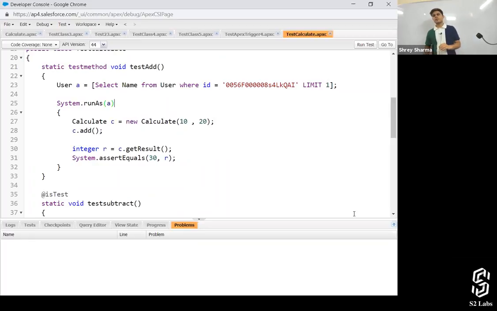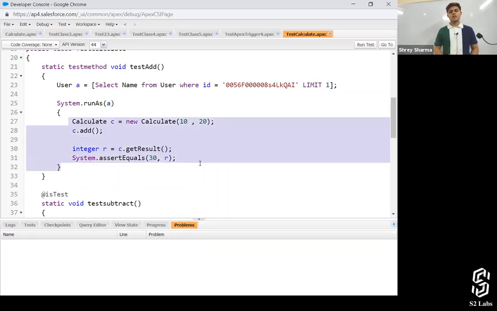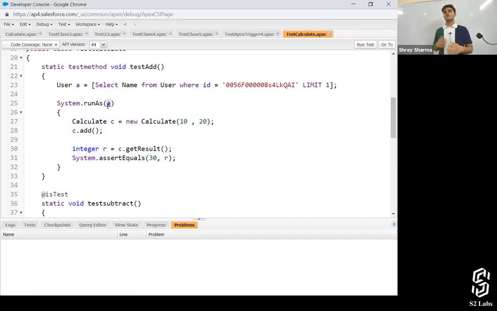That's how it goes. So this particular block will be executed as this particular user, by taking into consideration the security and sharing settings of this particular user. Is it clear? It depends on for how many users you want to test it, and you do not have to do it for every user. You have to do it for different profiles. So if there are 10 people in the same profile, why test it for those 10 users? Test it for any one of them, and it will be tested for all of the people who are in that particular profile or permission set.